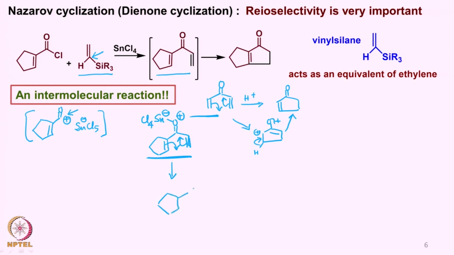a product of this kind here, let us put M here and a positive charge being here, and then this loses a proton, then of course we get a product of this type. Now this is what is seen, and it is not seen the other way around, or the major product is this. The other possibility is that this intermediate we can also write in this fashion,